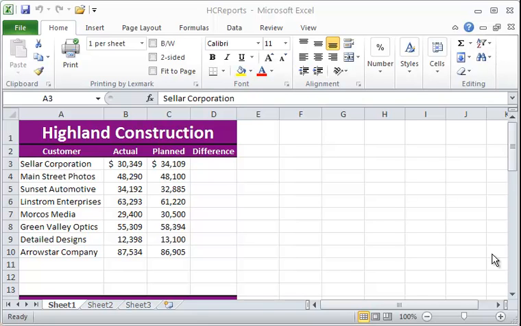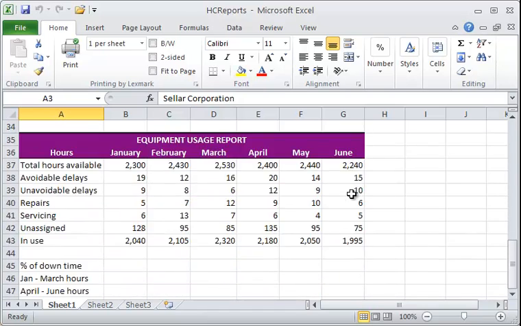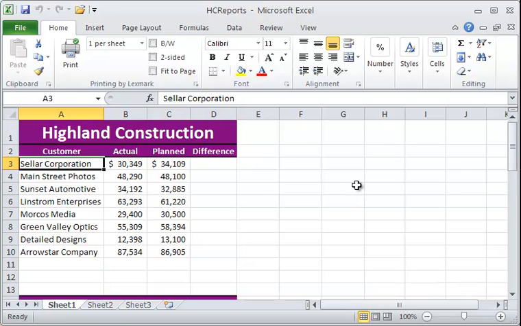We're going to begin in Project 1A by opening up the file called HC Reports. And I already have that open for us right now, but that's on, again, the Student Data Disk in the Chapter 2 folder. And you'll notice there's several different parts to this worksheet, and we're going to be applying formulas and functions in a variety of cells. At the top of the worksheet, you're going to see Highland Construction, and it lists all the customers there. I'm going to assume these are sales, actual sales, planned sales,